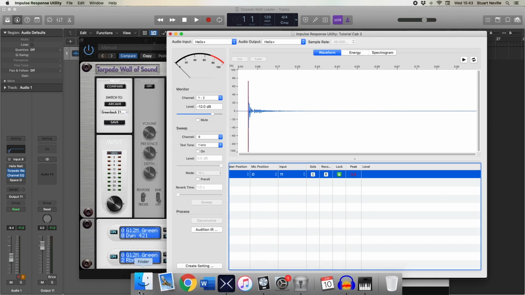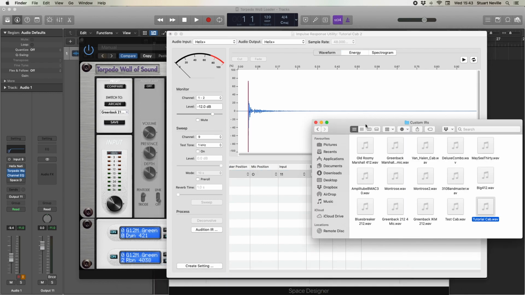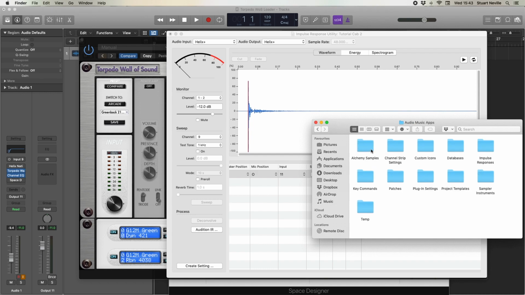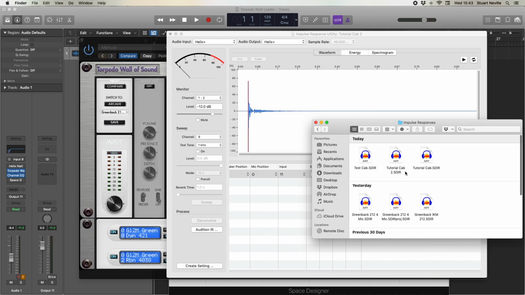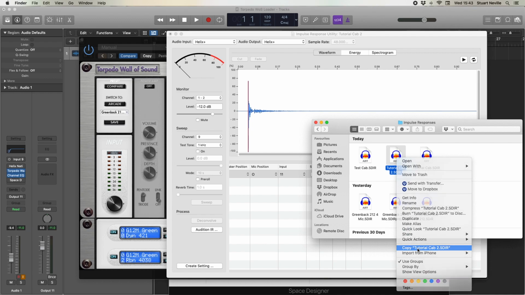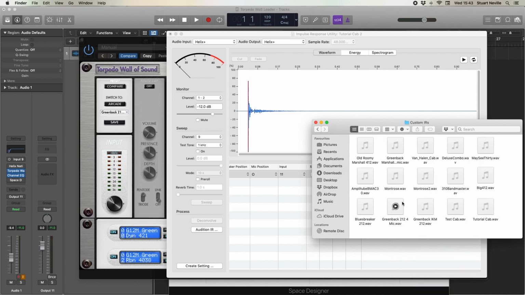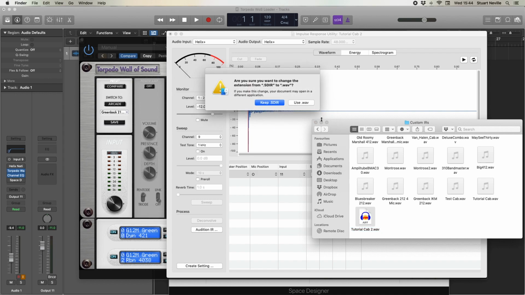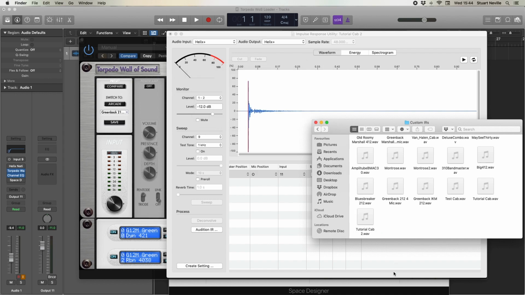We're going to go to the Finder, Music, Audio Music Apps, Impulse Responses, Tutorial Cab 2 SDIR. I'm going to copy that back to Music, my own custom IRs, paste item. Then I want to change the file extension to a WAV file, use .wav, that's fine. And again, because there's this dead silence at the start of it,